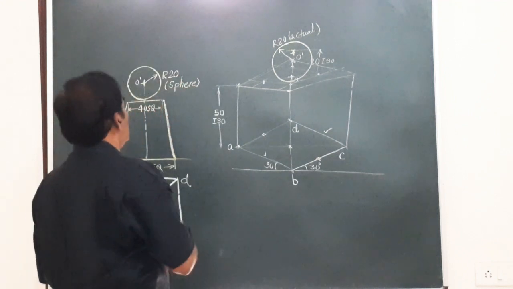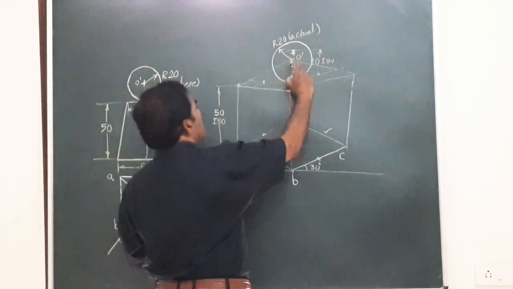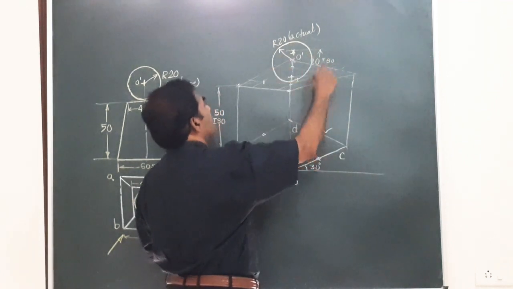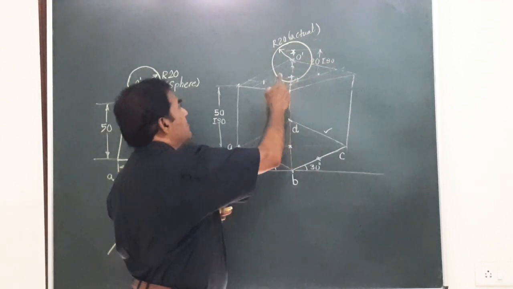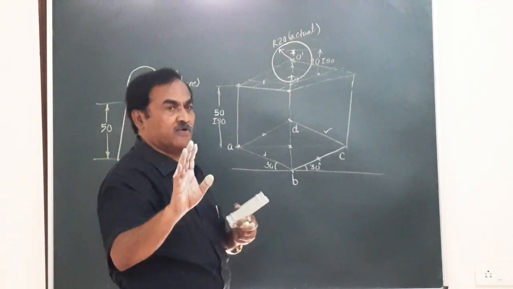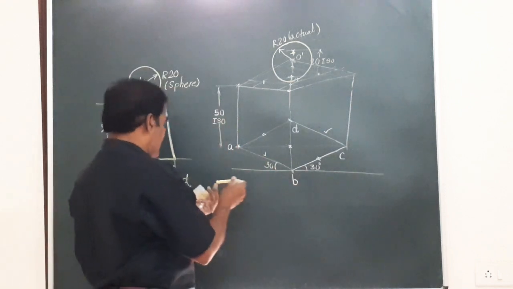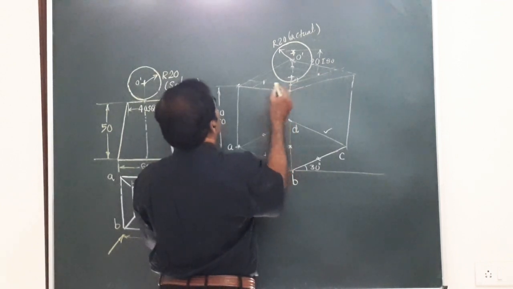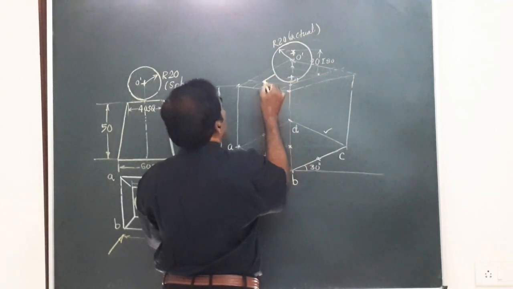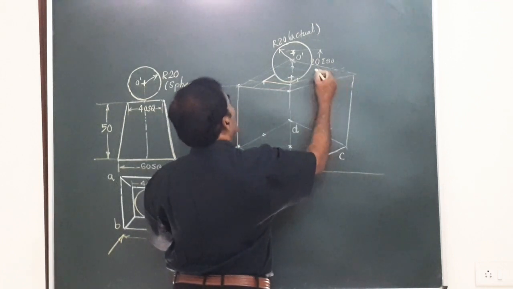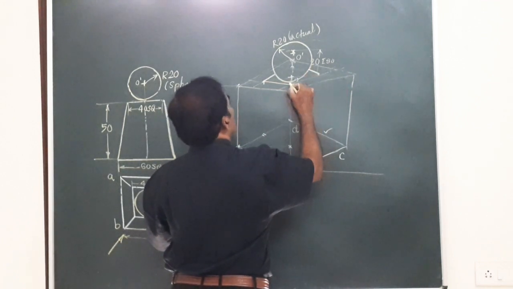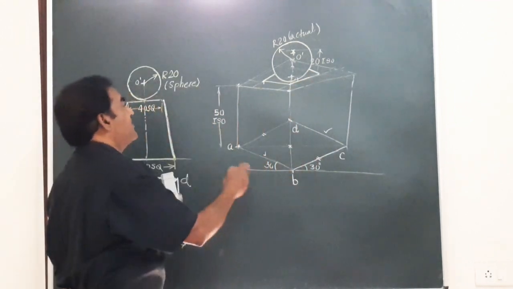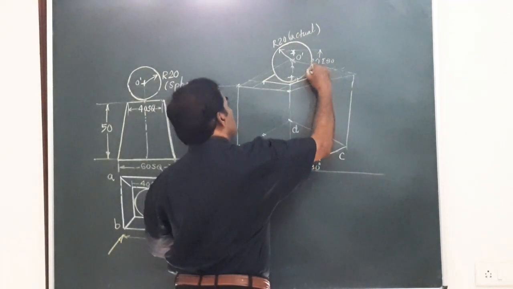So for the sphere, whatever may be the reference, from the reference you should take the isometric radius, with that as the center and actual radius of the sphere, we have to draw the circle. So this will represent the isometric projection of the sphere. After obtaining that, friends, let us join the remaining part of the solid in visible line. So here we have this line, second one, and then we have this. So this is the top face of the frustum of the square. So it will be something like this to be specific.